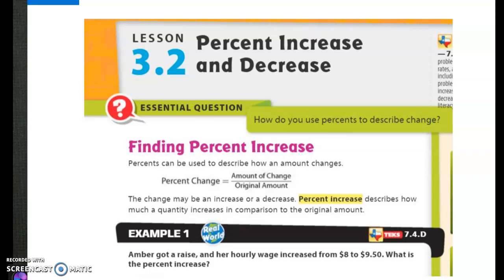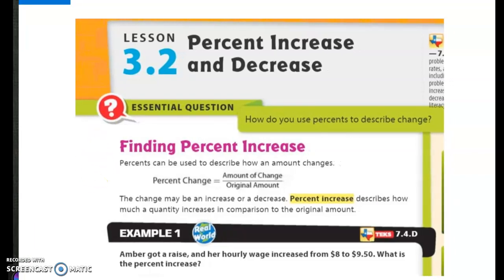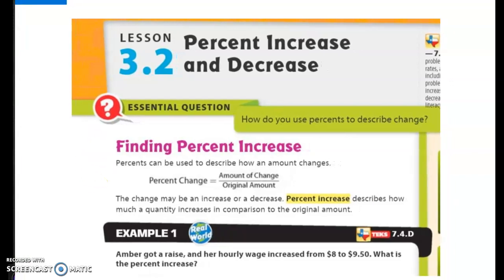All right, today, everybody, we are going to be talking about percent increase and decrease. This is a very big topic in the 7th grade curriculum in that we are dealing with proportionality in several different units. I want to say anywhere from 4 to 5 different units. We are dealing primarily with proportionality and how it works or threads its way through math for the 7th grade